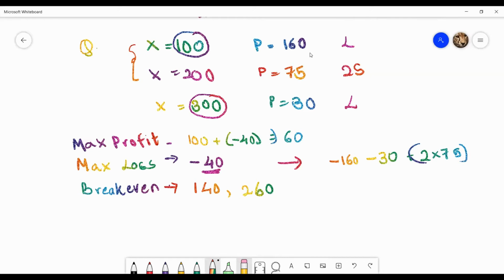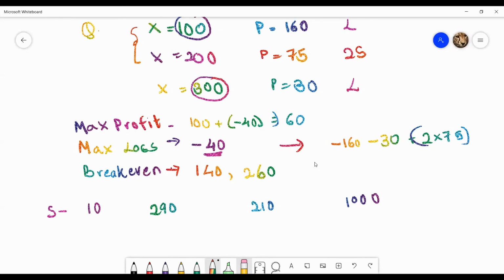Now, why do we add and why do we subtract? In a long butterfly strategy, this is the range that you are operating in. You will have maximum profits only between this range. You will incur losses below 100 and you will incur losses above 300 because of the positions that you have. So let's calculate it for some prices. Let us calculate it for, let's say, 290. Let us calculate it for 210. And also let us calculate it for 1000 and maybe 10 as well. So let's take two extreme positions as well while calculating our ultimate payoff.